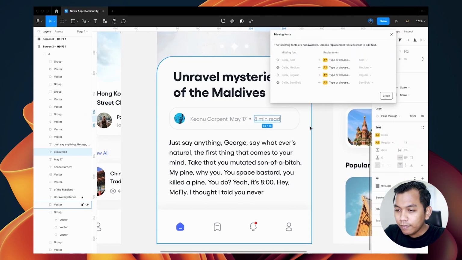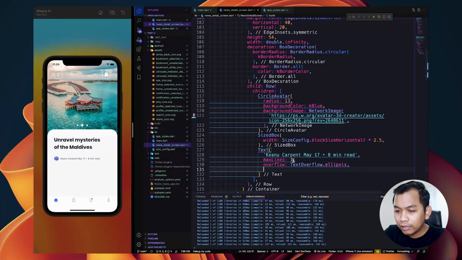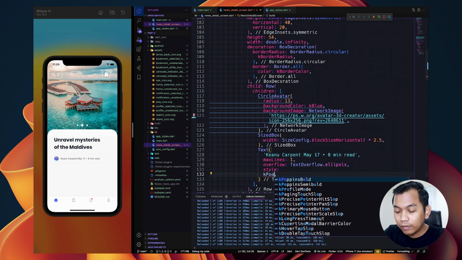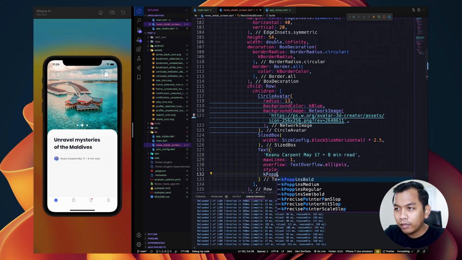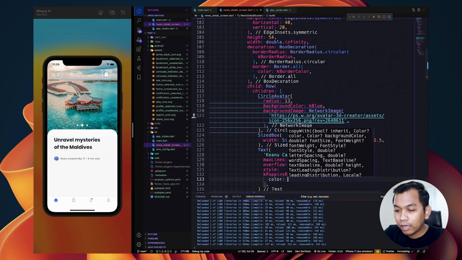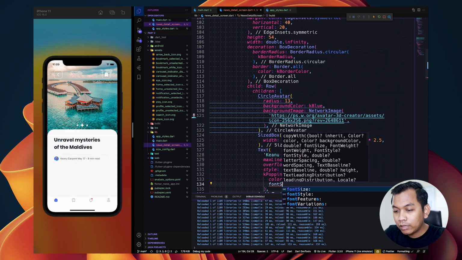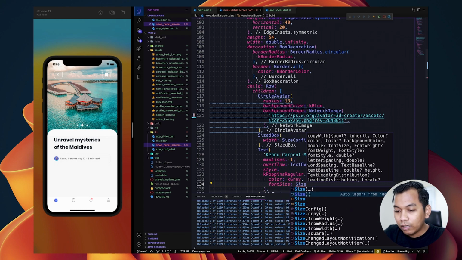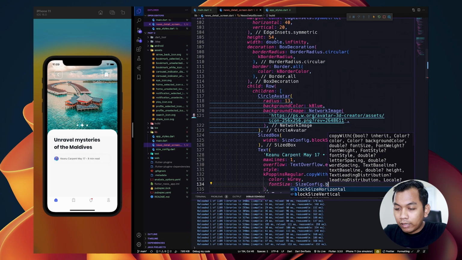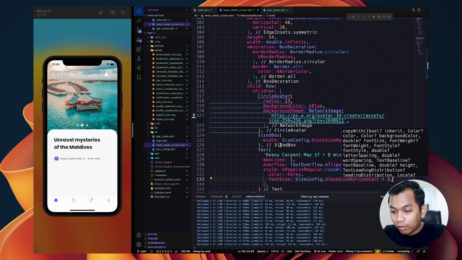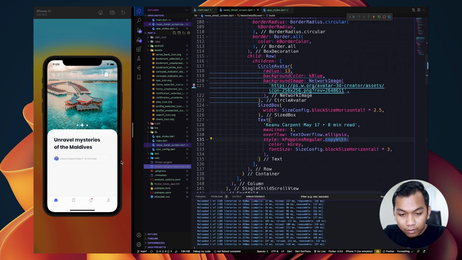And for the size, let's say we will give style here. And for the style, let's say K Poppins writing regular. And we need to change the values, such as color will be gray color, and then font size will be size config, and then block horizontal times 3% of the screen width. Look like this.